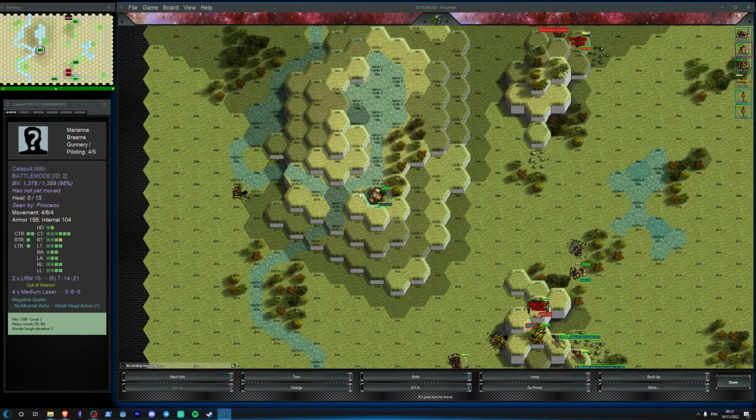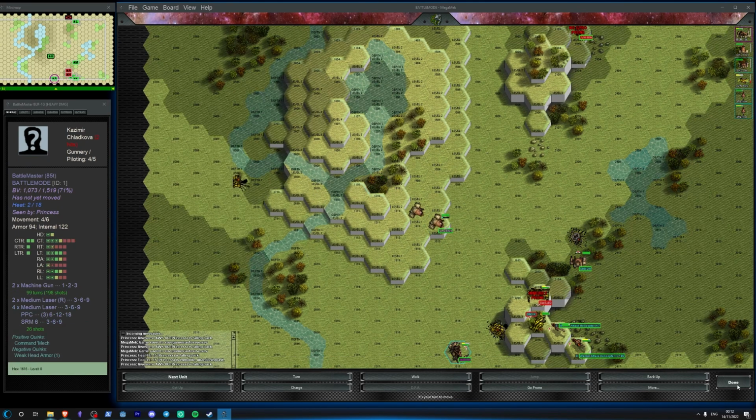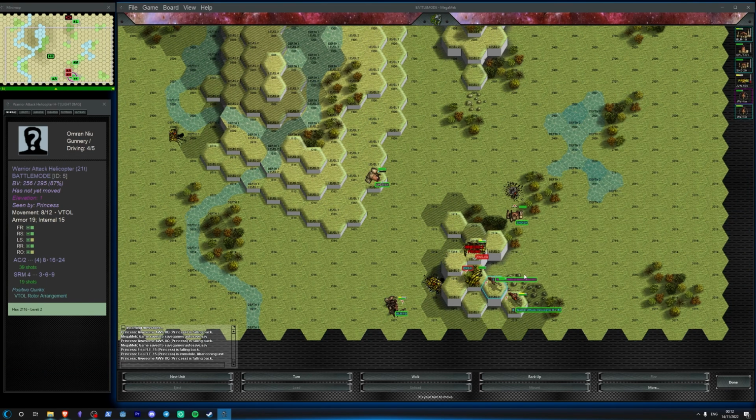Catapult is going to stay where it is for one more turn, I think. Or maybe I'll start moving in. Yeah, I'm going to move in with the Catapult now. Start getting closer. The Warriors are going to...